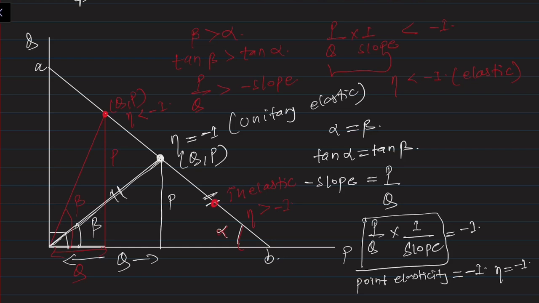Okay, so you can do the similar geometric calculations. You can join this point and this point. You can draw a line, again take the beta and alpha, and at this time alpha is greater than beta, so inequality reverses, and you'll get the demand inelastic at all points below the midpoint. Okay,